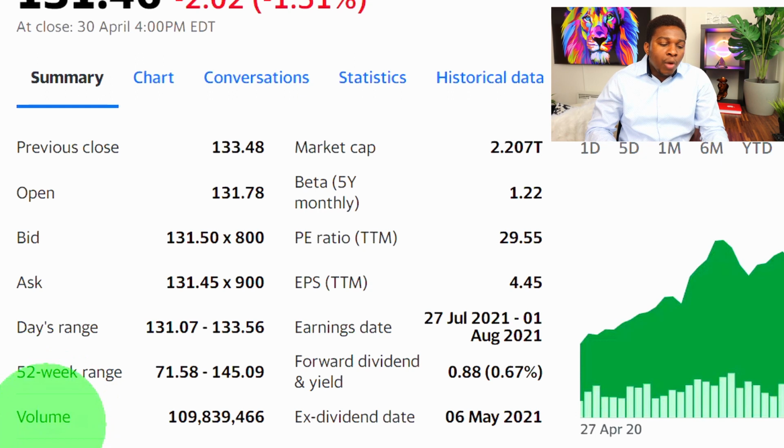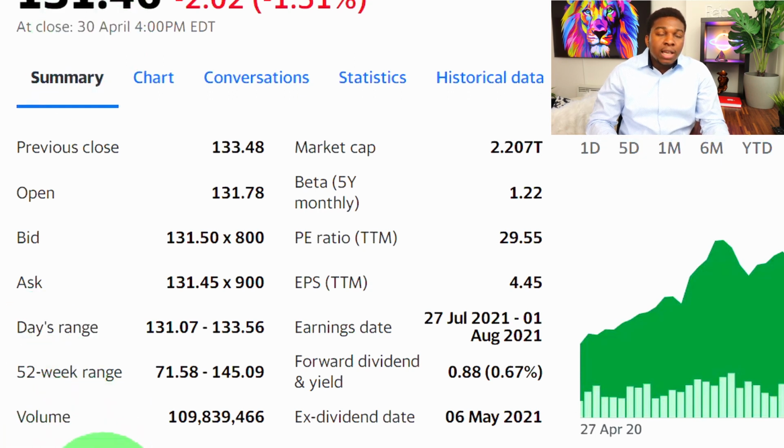Average volume simply represents the volume for about 3 months. You keep adding the volume for day 1, volume for day 2, volume for day 3, volume for day 4, up to 3 months, divided by the number of days involved to give you the average volume. It's like the mean volume, the way we calculate mean and average. It's telling us that the volume for Apple shares for Friday was higher than the average volume of Apple daily